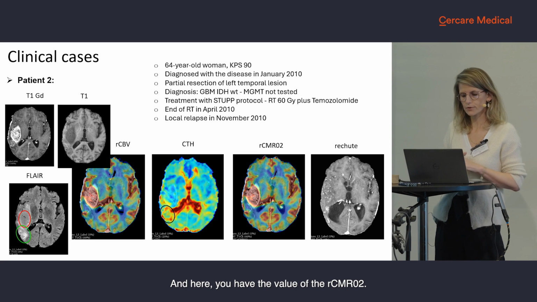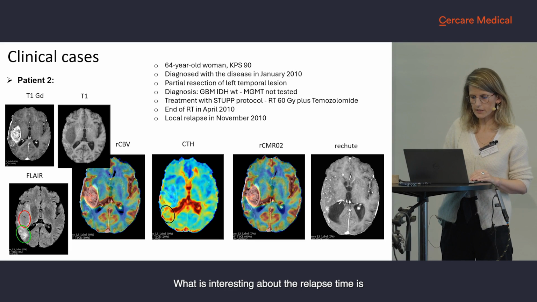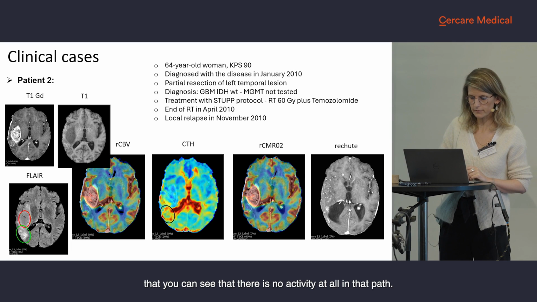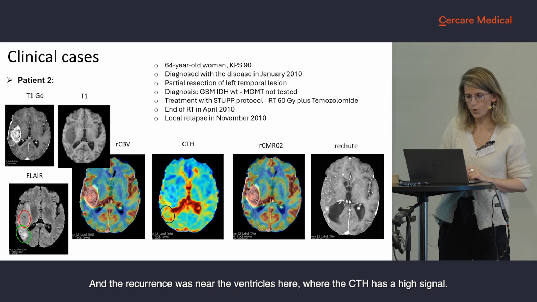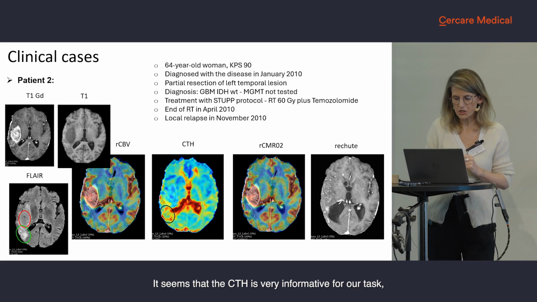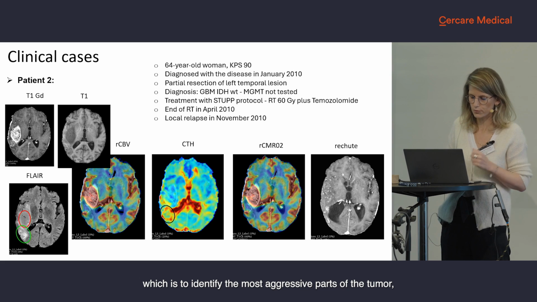And here you have the value of the RCMRO2. What is interesting is that at the relapse time, you can see that there is no activity at all in that part. And the recurrence was near the ventricles here, where the CTH has a high signal, showing that it seems that the CTH is very informative for our task, that is really to identify the most aggressive parts